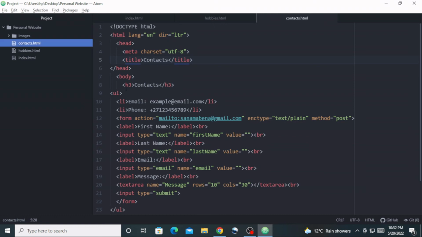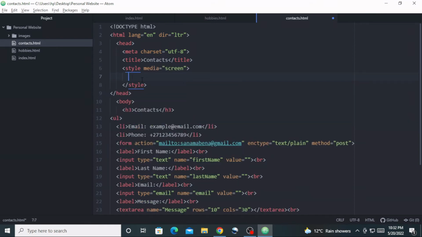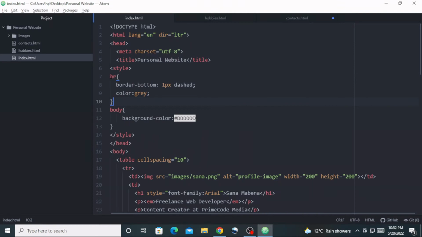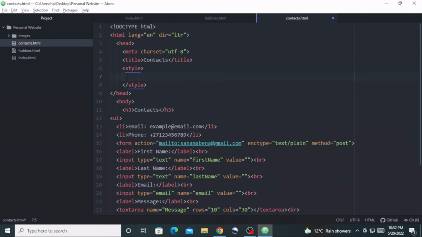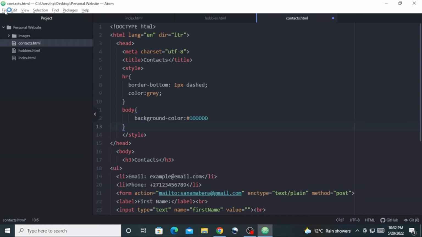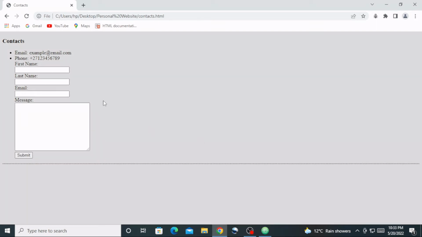So to style this web page, we would have to come here inside the head section and use the style element. After inserting the style element, we will have to go back into the index.html page and copy the CSS code inside this style element, and then go back to the contacts.html page and paste everything, save our work, and check if everything is working as expected. Refresh. Now it is only now that the contacts page is styled. The background color has changed, the horizontal rule has changed. Now this contacts page is styled just as the